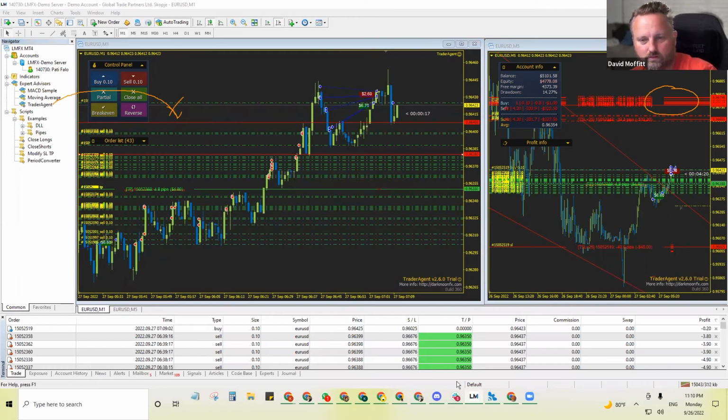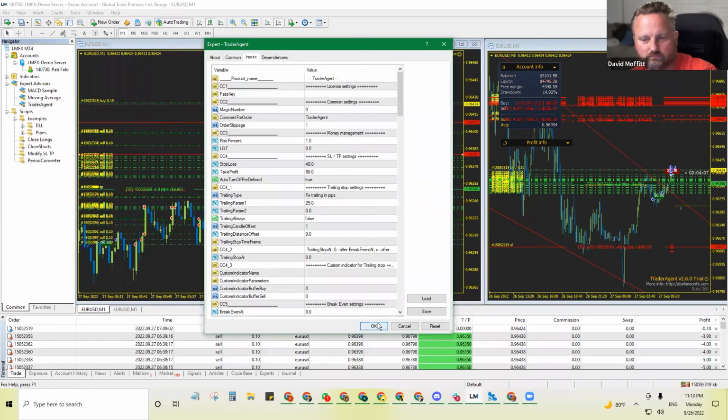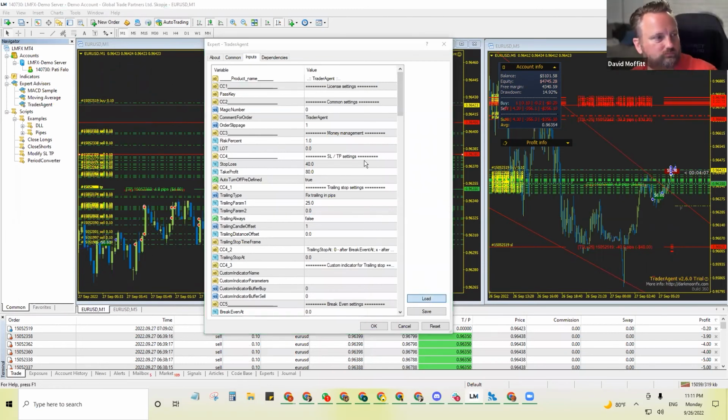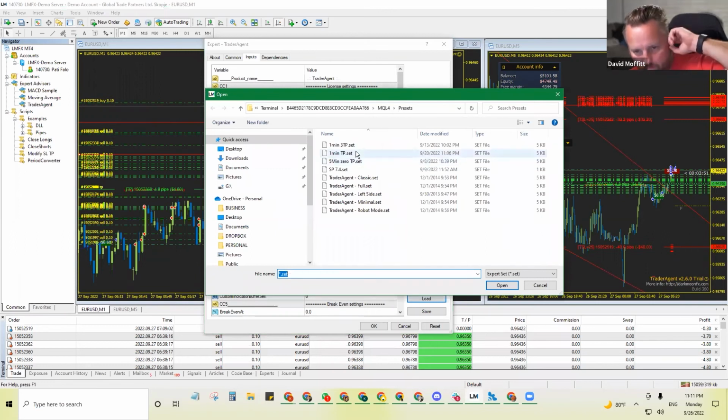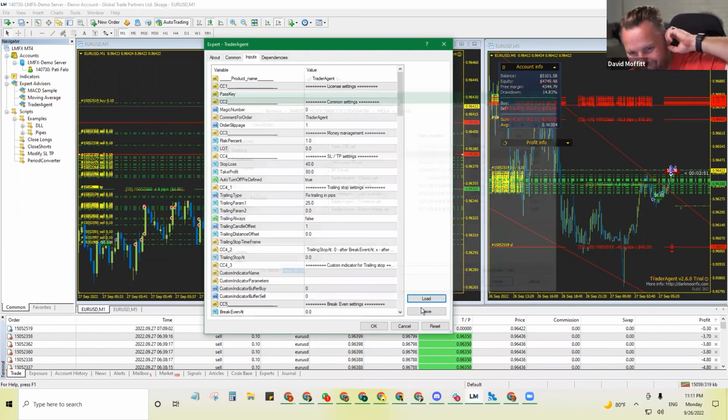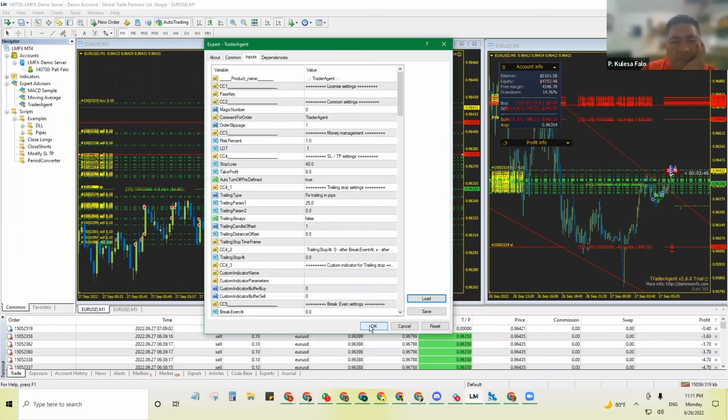Load your 1 minute zero take profit. Just double click on Trader Agent. Nothing showed up. Yeah, and then load your 1 minute zero take profit. Okay. And let's do take this to